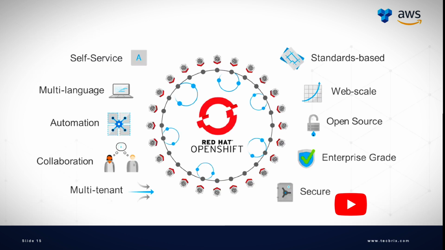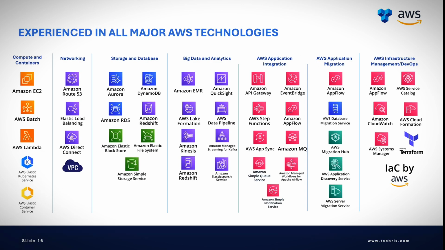In terms of the different services which OpenShift will take care of, this is something I'm trying to show. And these are the AWS technologies or AWS services which you can integrate along with AWS ROSA. So all these services, in case you're spinning up any services at this time, or if you're planning to migrate any kind of workload from on-premises to cloud, or you want to test out any kind of Kubernetes or non-Kubernetes based application, please drop a message